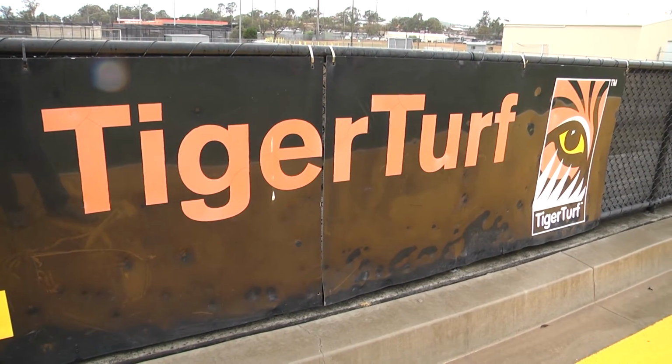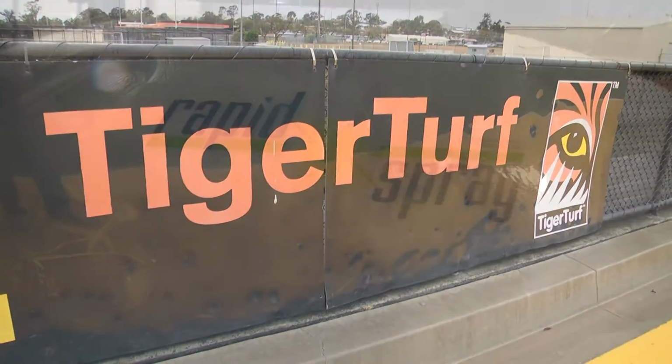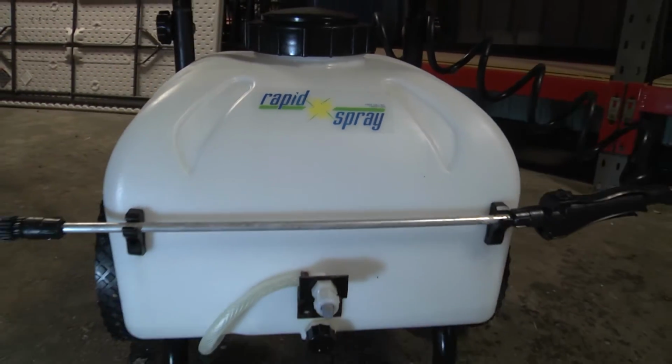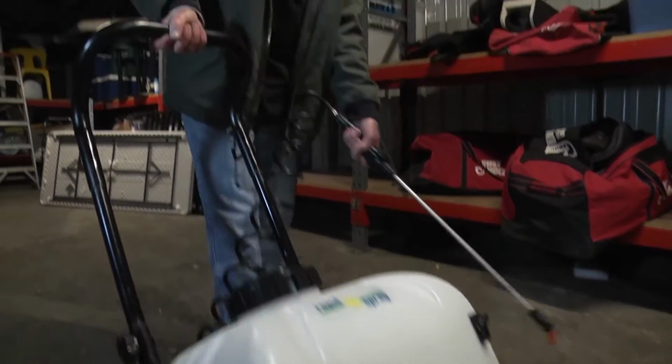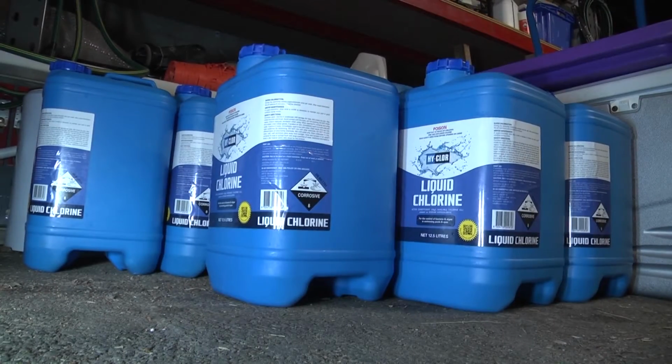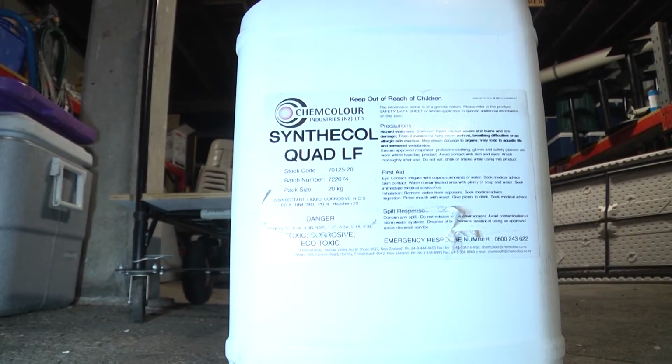So every year we have Tiger Turf come and do their annual service and clean the turf surface completely for us. Tiger Turf put out a product to kill the algae, which is used regularly. So over the last couple of years we've tried a number of different methods to try and keep that mould at bay. This year we decided to think big, and we hired a mini vac truck from Harrison's Hire down at Beenleigh,